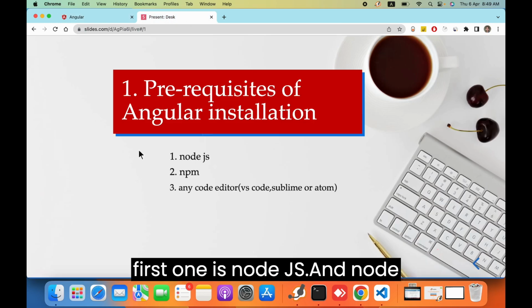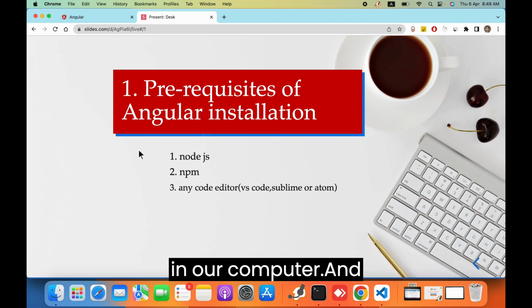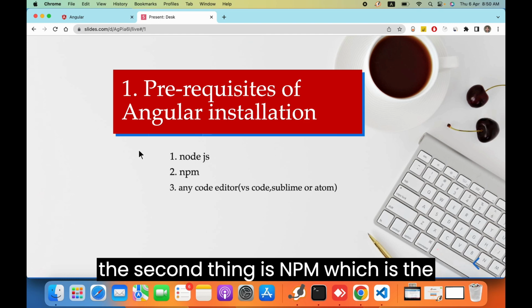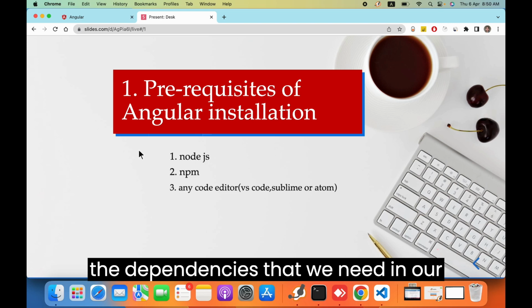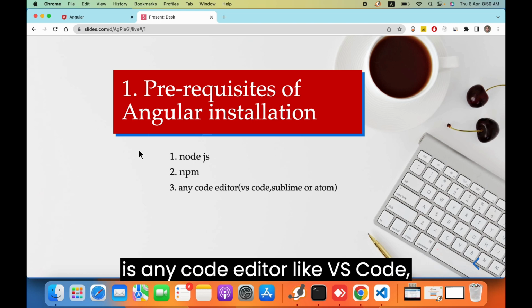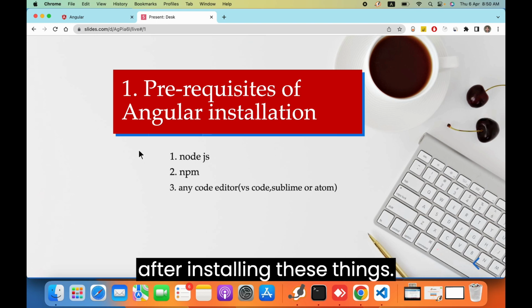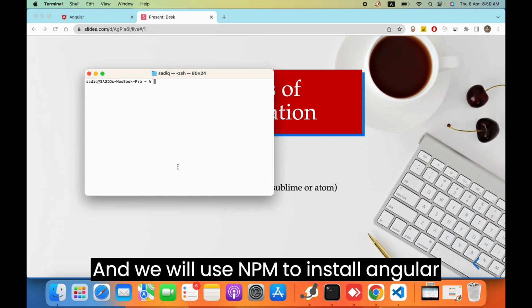one is Node.js. Now, Node.js is used to run JavaScript code on our computer. And the second thing is npm, which is the Node package manager, which contains all the dependencies that we need in our project. The third one is any code editor like VS Code, Sublime or Atom. So after installing these things, we'll go to the terminal and we will use npm to install Angular on our